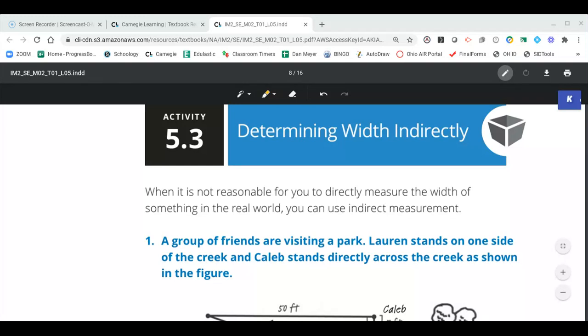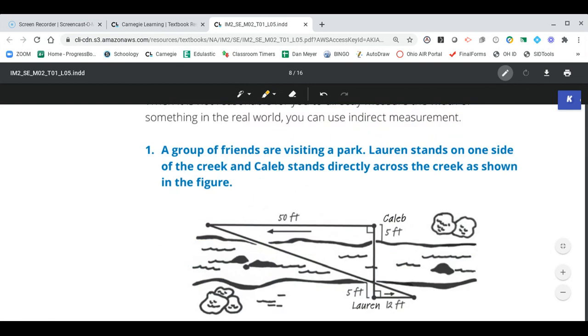Activity 5.3, we're going to determine width indirectly. So when it's not reasonable for you to directly measure the width of something in the real world, you can use indirect measurement. All right, so a group of friends are visiting the park, and Lauren stands on one side